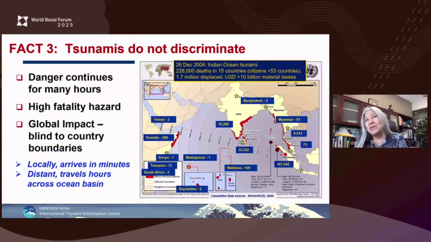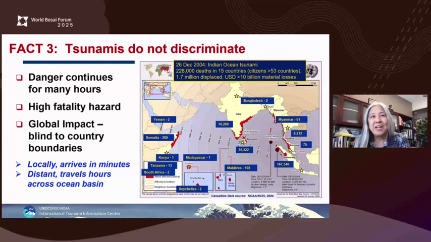And as we knew from the 2004 event that hit over 15 countries, 230,000 deaths, citizens from 53 countries. These large and great earthquakes that are causing tsunamis, they don't discriminate. They're a danger not only locally, where preparedness is essential, but also in the distant field for hours on end.